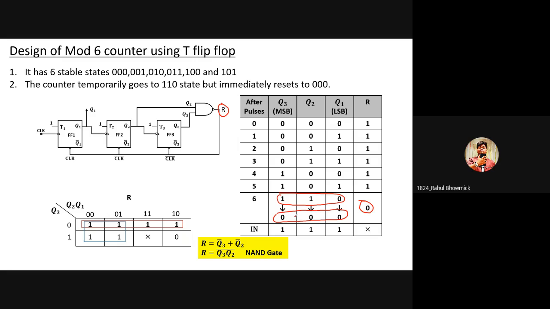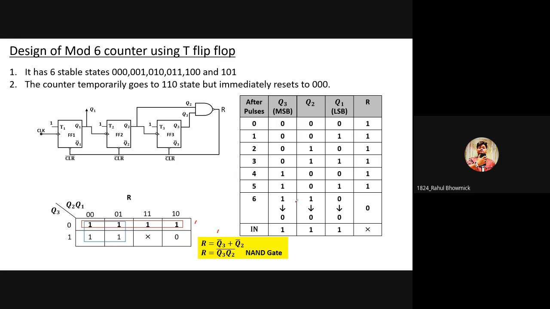Yes. Okay, sir. Got it. Okay. Sir, I'm not able to understand. Which part? Sir, that R part. Okay. First, listen to the whole slide, and then if you're not able to understand, let me know, because you might be confused about this K-map and this expression. Just wait. Let me explain all the things.